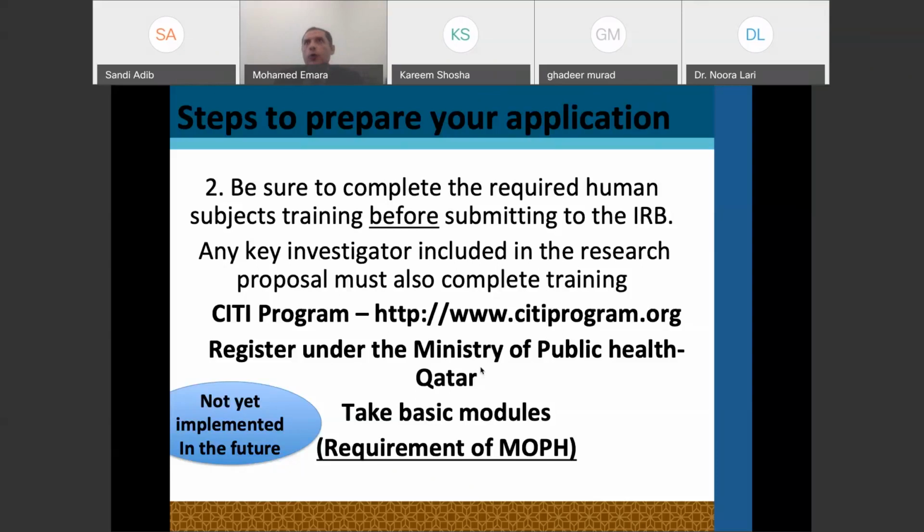So if we are too lenient and if we don't follow the rules, we will be having a problem. And if we have a problem at the end of the day, you know what might happen? They might ask to close the IRB office because we're not following the rules. And then you will be in a problem because you need an IRB. Then you will search for a place to take an IRB. So we have to do our job correctly.